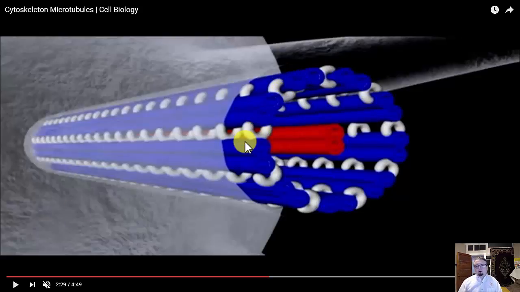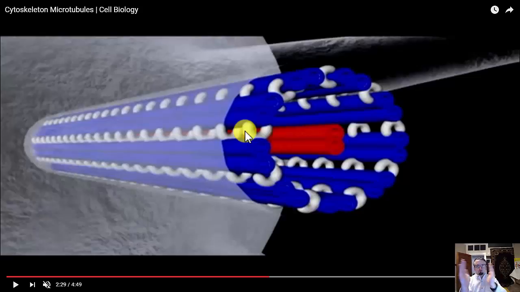And what can happen is the motor proteins can actually slide down past each other on one side or the other. So at first they're nice and parallel, but what can happen is on one side of the flagella, the motor proteins slide down. What that does is it causes tension, which makes the flagella move like this. You're basically pulling this side like that, okay? Or you can pull the other side like that. And you can do this in any direction.